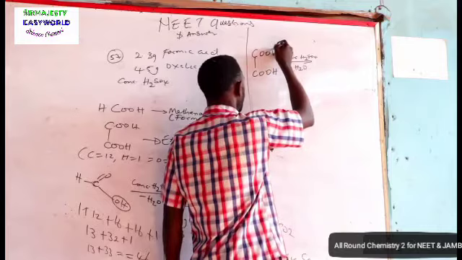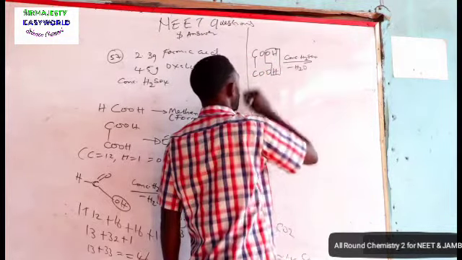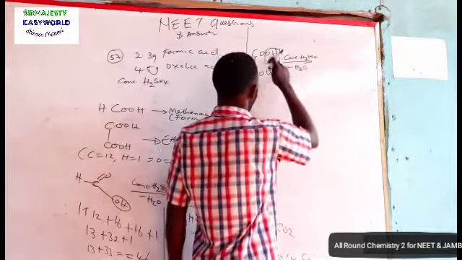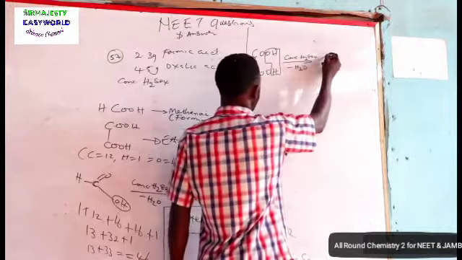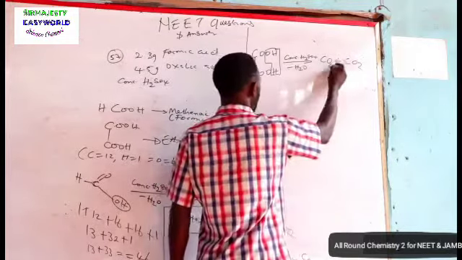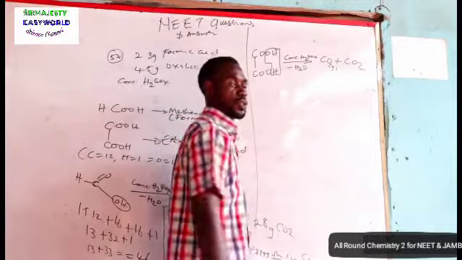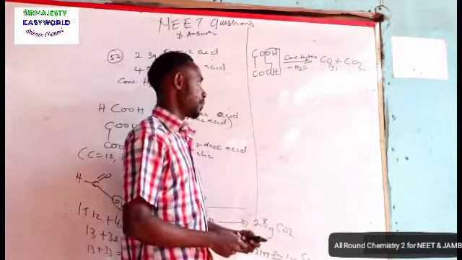You can take it this way. So H2O has gone, so what is left now is CO plus CO2. So these two gaseous mixtures are produced on treating oxalic acid with conc H2SO4, unlike